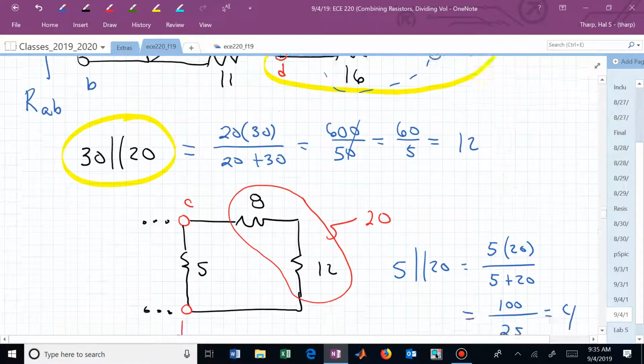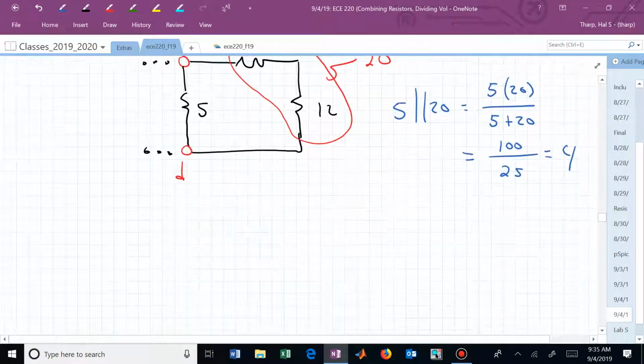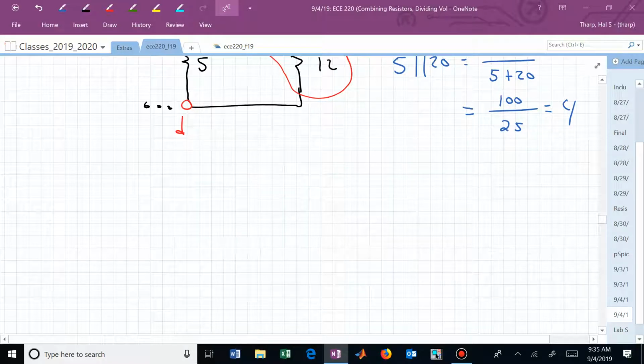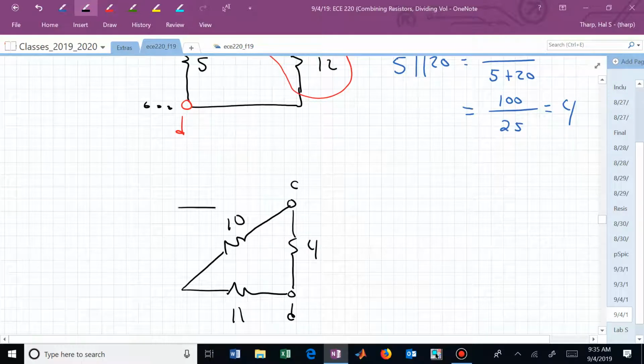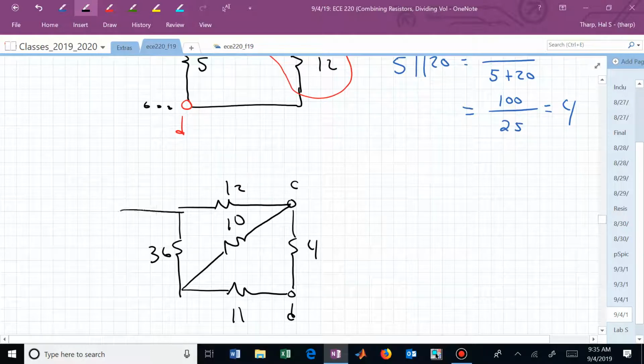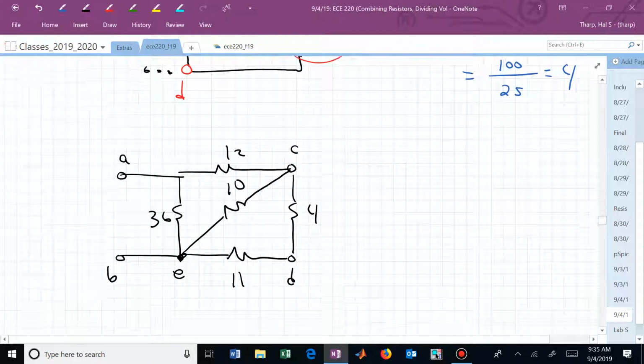And now what do we have? If we go back, I'm going to cheat and use my notes here so I can see it and not keep scrolling. We have this 11, and now between C and D, we've simplified that to 4. And there's a 10, and here's a 12, and here's a 36, to get us to A and B. So if I call that node E,